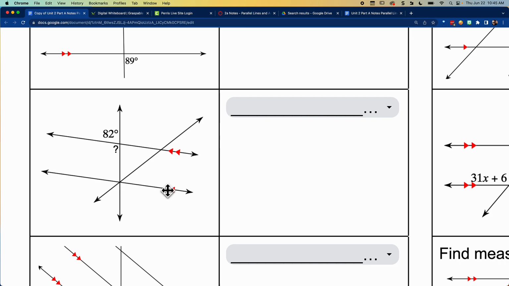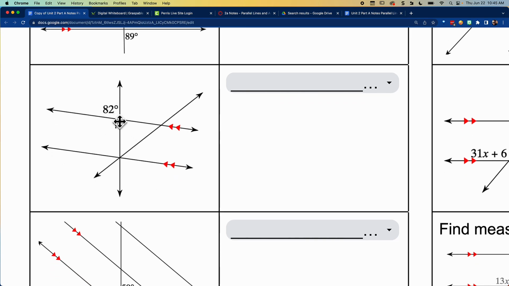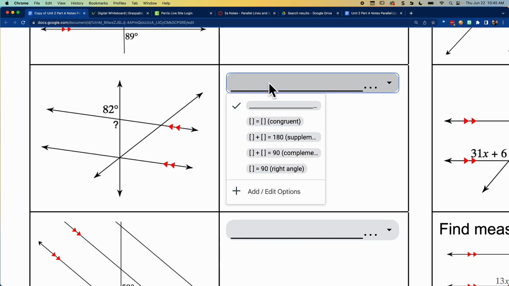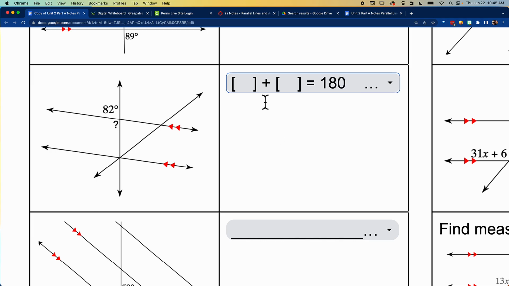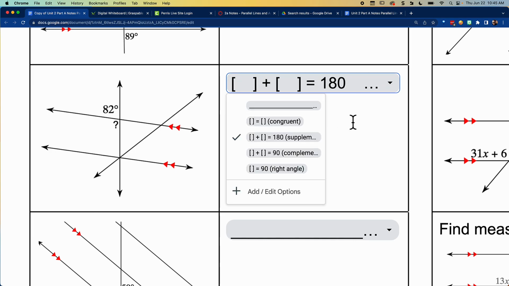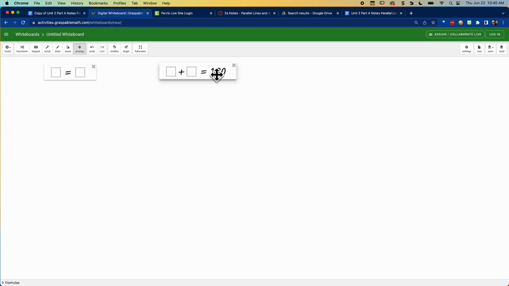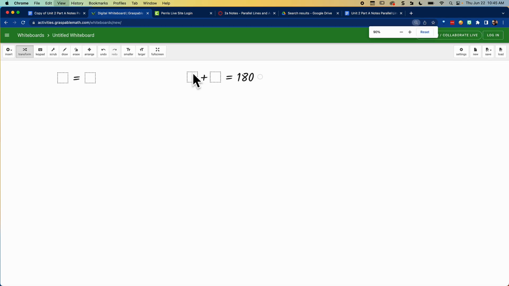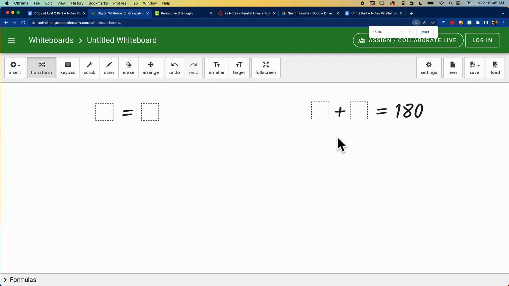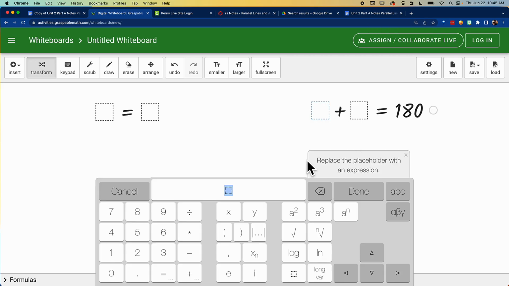Just straight down from it. It says that I have these two angles here. Now I look at these two angles and I notice that they make a linear pair. And a linear pair is when two things add up to 180. So I'm going to say something plus something equals 180. And once I've said that, now I can set up that equation and work out what I have. If I were to write that into a whiteboard, it's like this one here where it says blank plus blank equals 180. And so I'll just call it x